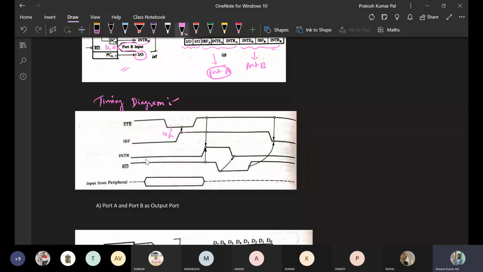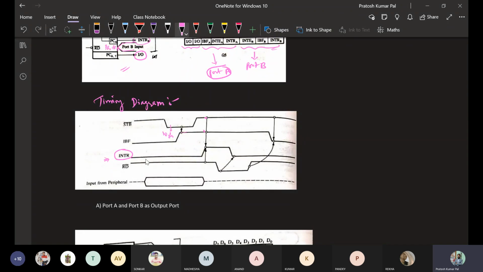And if it is going to read the data, it will make this low. And also when the particular port, either A or B, is going to request for an interrupt, at that time this will be made high only when the strobe signal and input buffer full, these two are high.